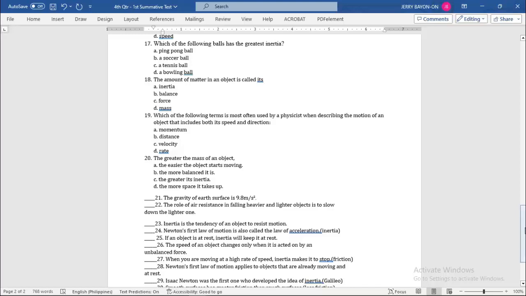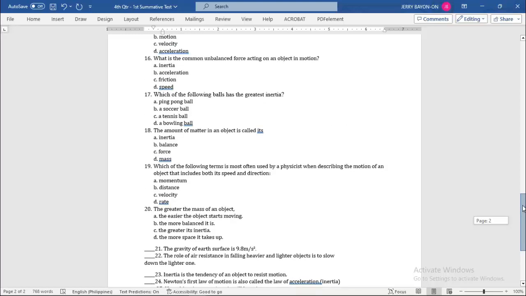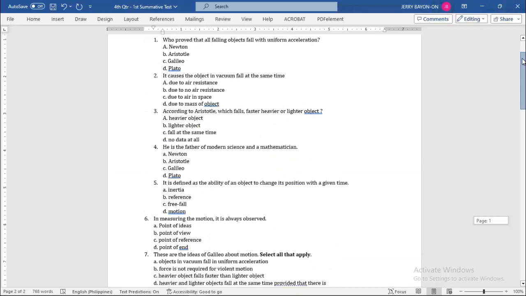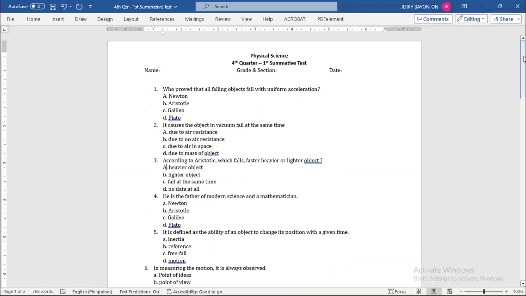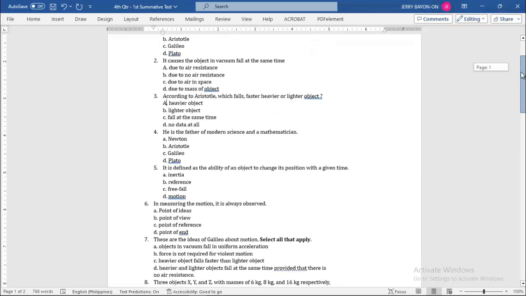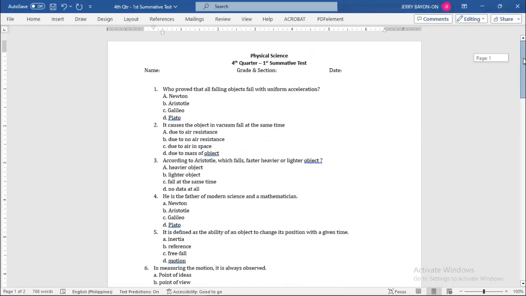So I have to change 20 numbers from small letter A to capital letter A. This is really hard if you are in a hurry,